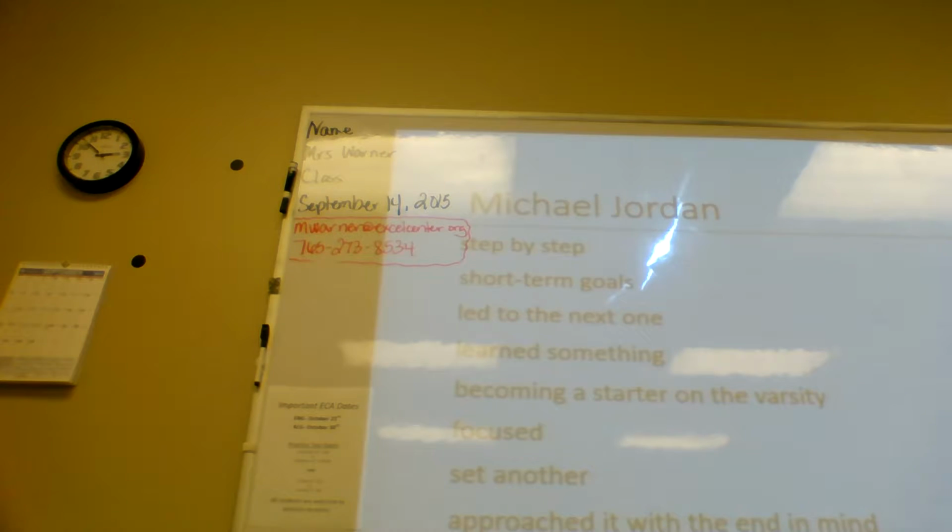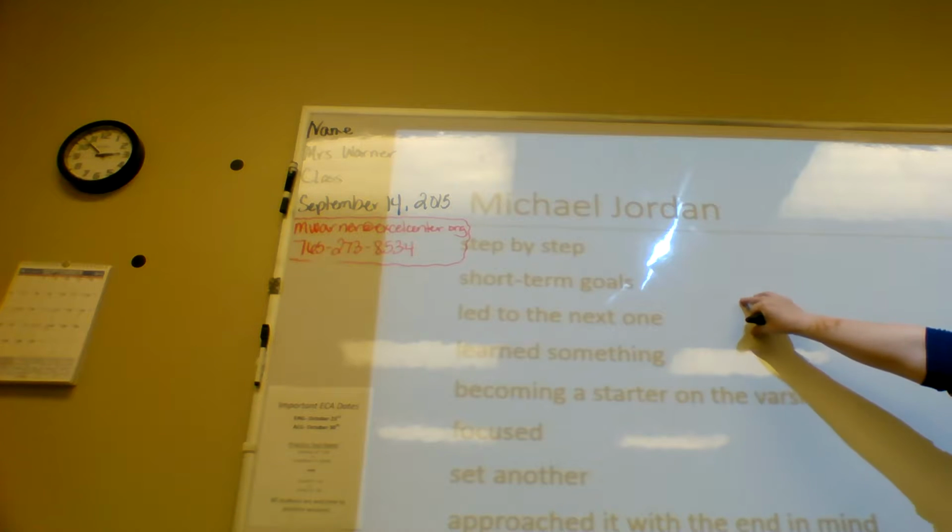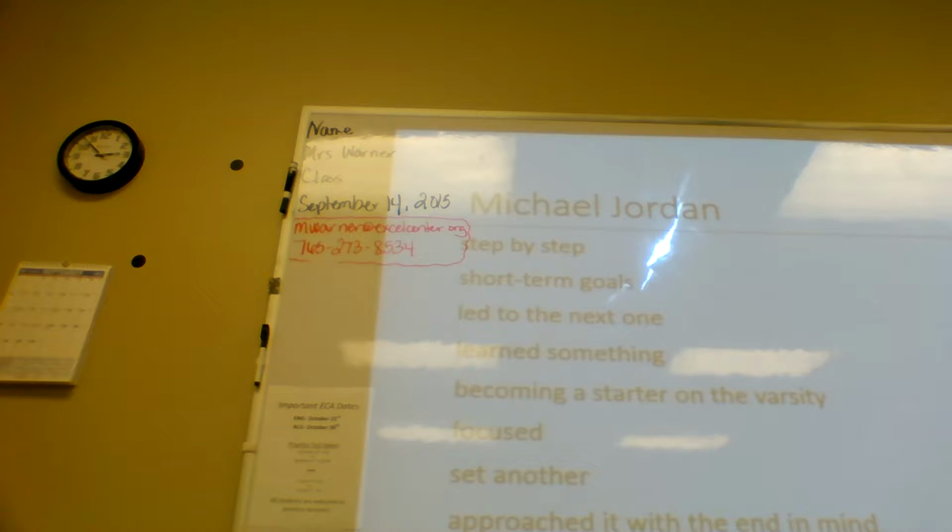So he would accomplish one short-term goal, and he would let that lead him into the next goal. As he did this, he made sure that he learned something through every step of the way. There was one point where he said he learned that he didn't like feeling like a failure. That's still a lesson that can be learned. So when we're creating these goals, we're creating short-term goals, and we're letting one lead to the next. If I said, hey, I want to be a millionaire, okay, well, that's a goal. Not super realistic for me right now, and I would have to create some short-term goals in order to reach that long-term goal. So we let the short-term goals lead to the next one.